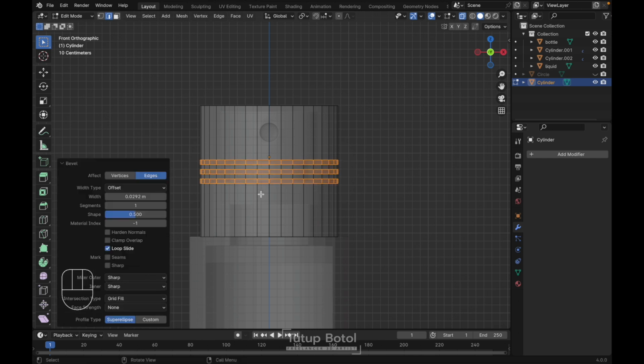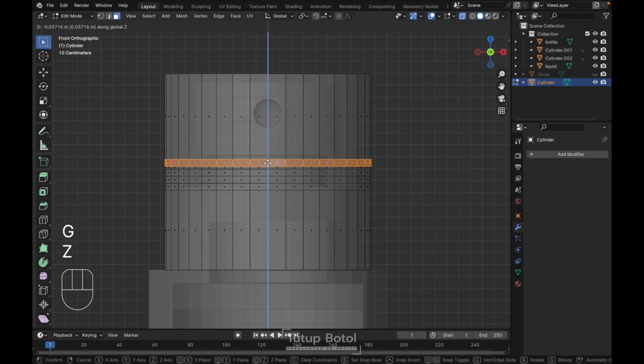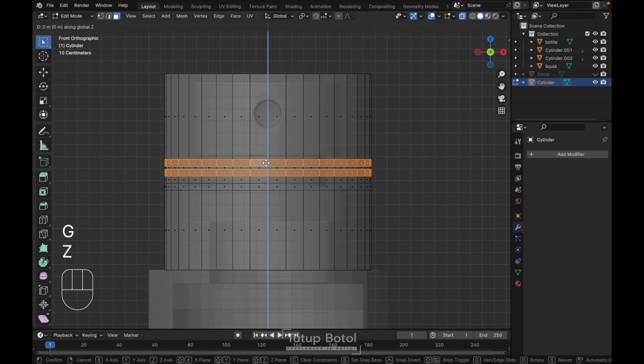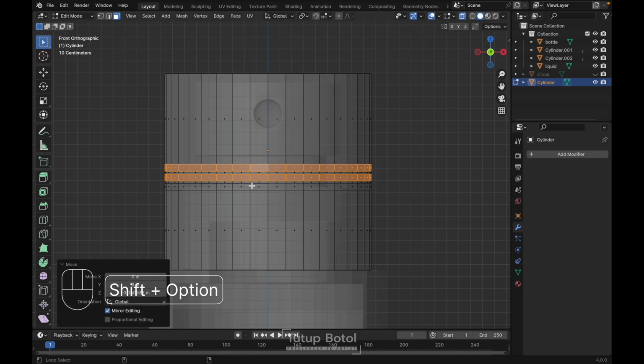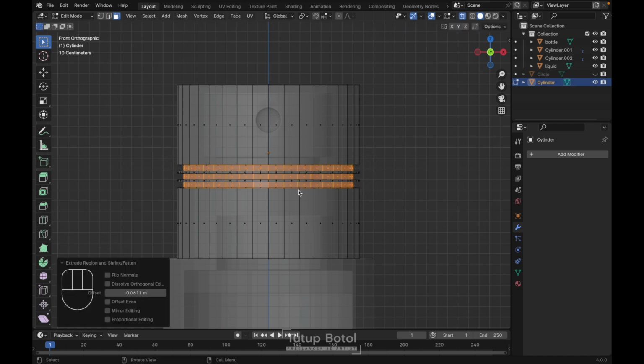something like this. Press 3 on your keyboard, change it to the face mode, select this face, press G Z, move it down, select this face again, and this face, press G Z, move it down, just like this, and select this face, press Alt E, extrude face along normal, just extrude it inside like this, yep, just like this,